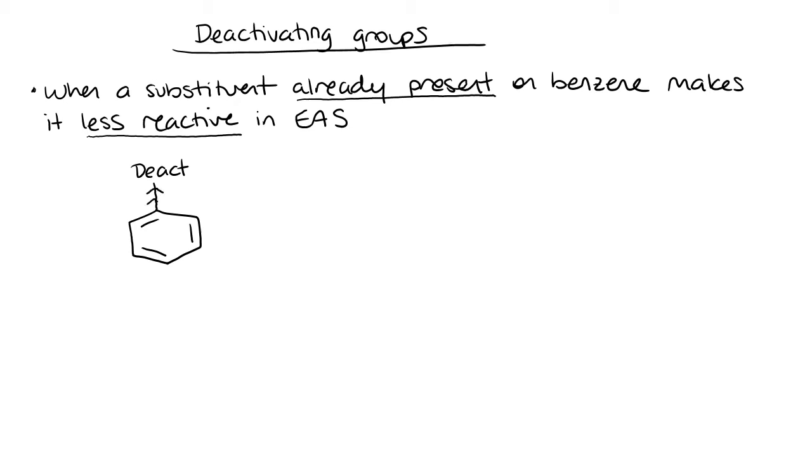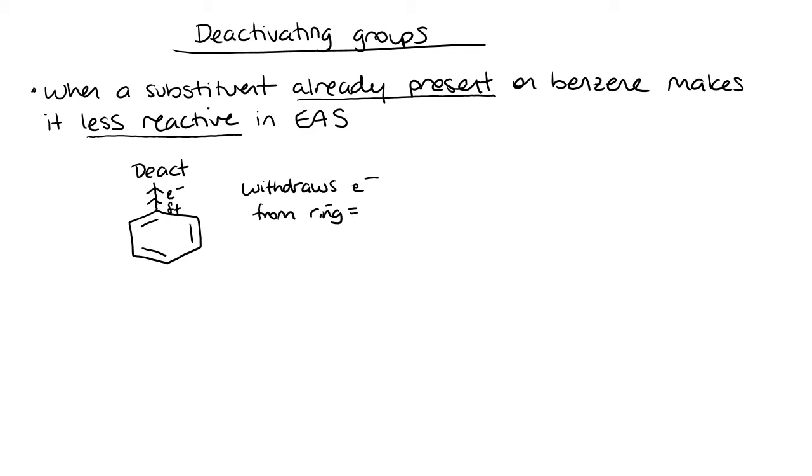So it's going to pull either electron density or actual electrons through resonance away from benzene. Now what this is going to do is it's going to cause a slightly positive charge to start to form at the base of the carbon attached to the deactivating group. So as this deactivating group withdraws electrons from the ring